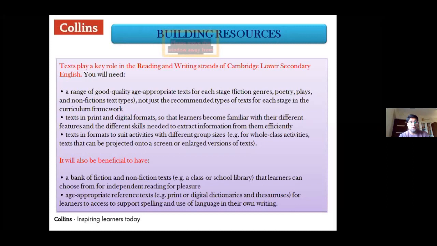Also, it will be useful for you to have a bank of fiction, non-fiction texts. So please do your research and development throughout the year. We still have time to start the new syllabus in July or September 2021. So we still have time till that period. So why don't we curate a lot of resources, make them handy. Whatever resources you come across, newspaper report, take a snapshot or gradually start typing out your resources and create a bank. That will really help.